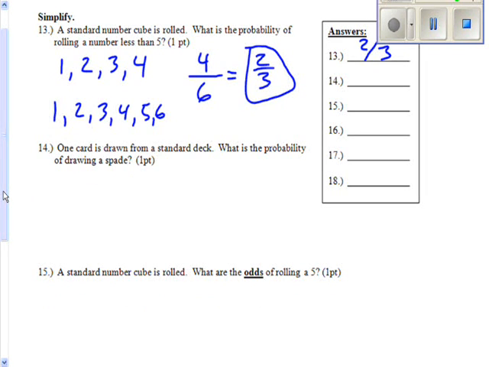All right, one thing at a time. Next one. One card is drawn from a standard deck. What is the probability of drawing a spade? Again, one thing is being done at a time. So if I want the probability of a spade, in terms of spades, there are